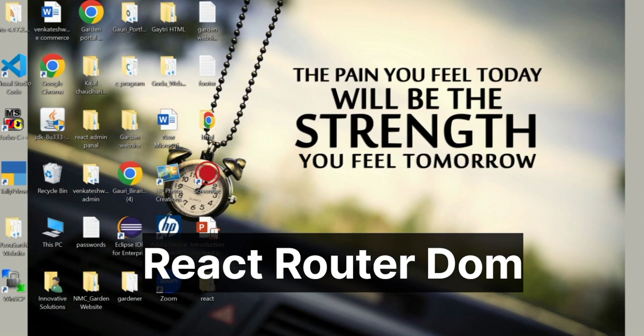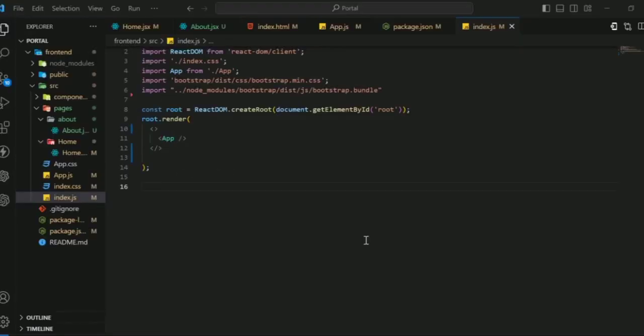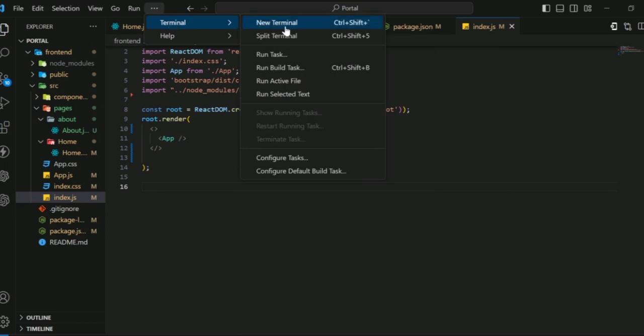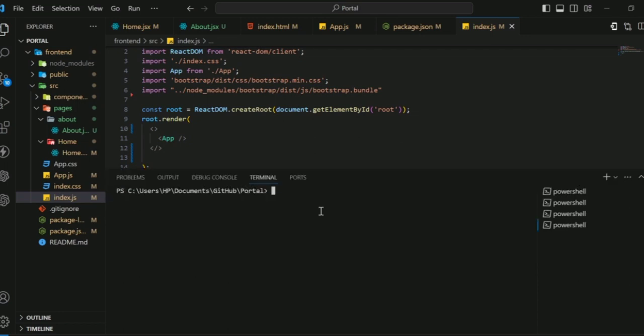Let's start the project. Open VS Code. To use React Router DOM in our project, firstly we need to install it from the npm package. npm, that is Node Package Manager. Open the terminal, go to your project directory